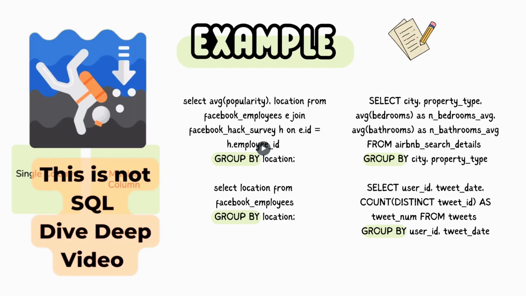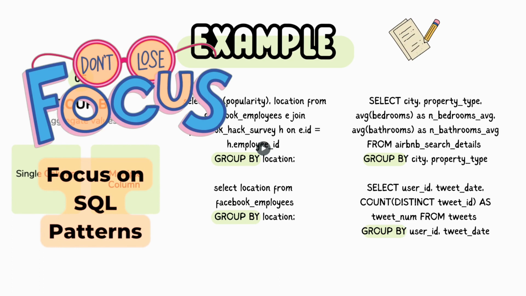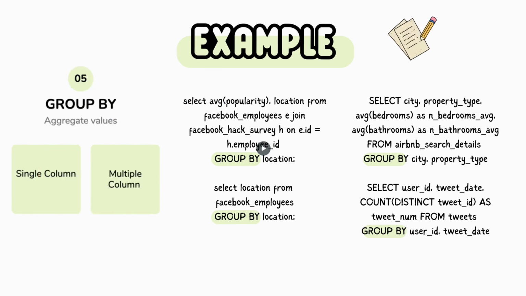Now the number one problem I have seen, even with experienced people using group by, is they use some column in the select statement that is not an aggregate column. Whenever I say aggregate, just think of average, max, min, sum, count, these functions. All the columns present in the select clause should either have an aggregate function on them, which is average, max, min, sum, count, etc., or